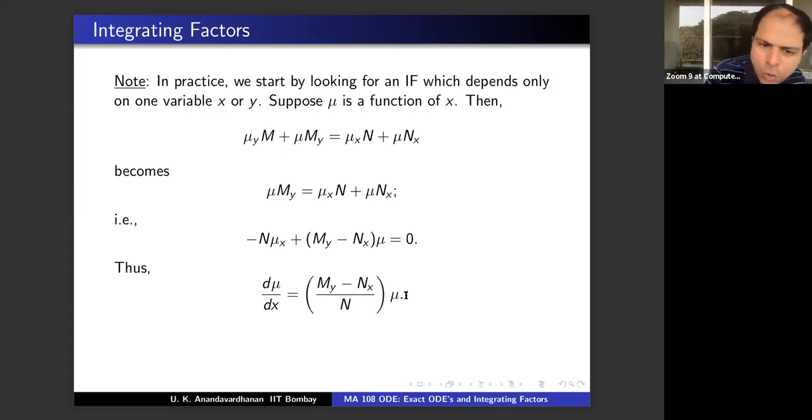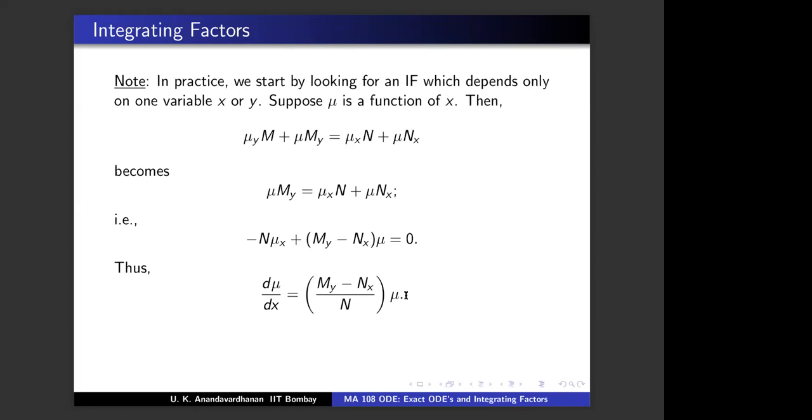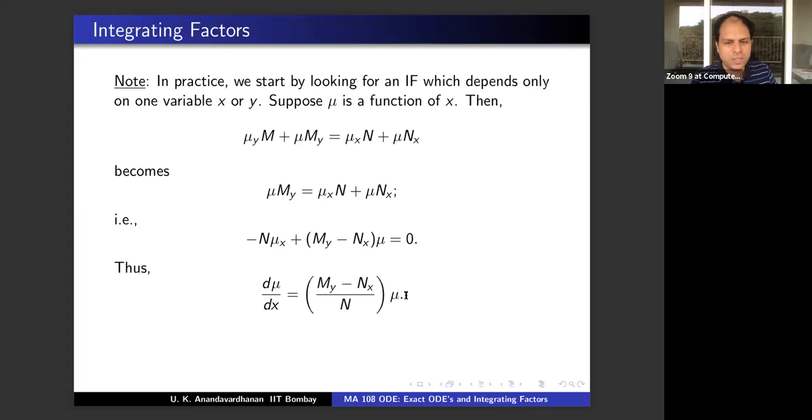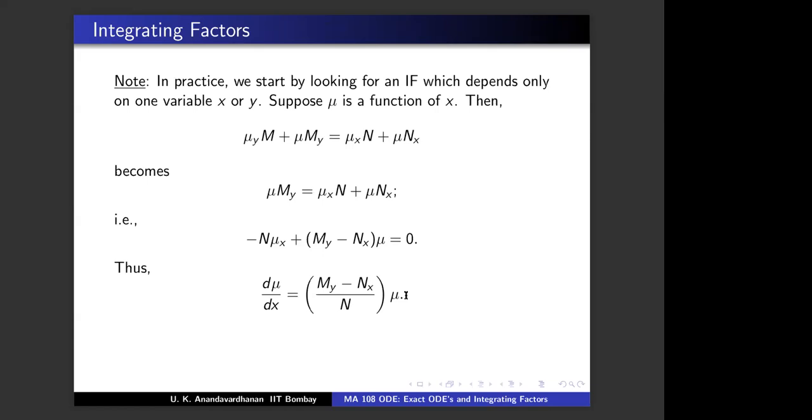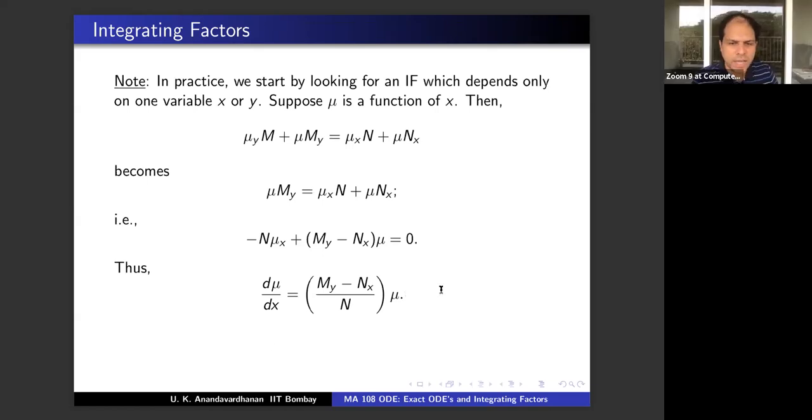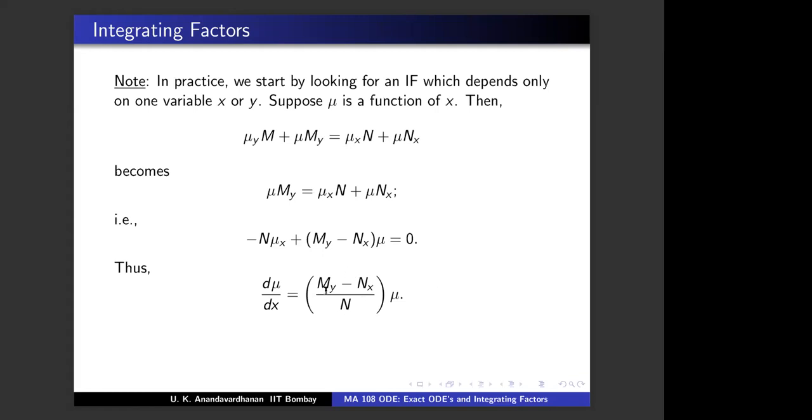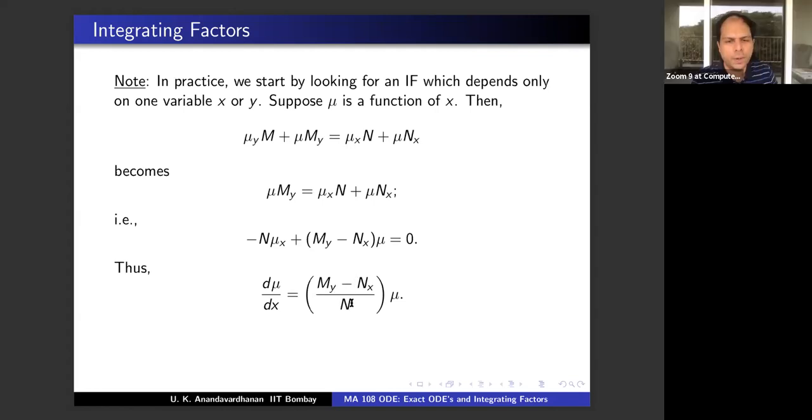And suppose you are really, really lucky. If you are really lucky, what will happen is this will become a separable equation. For this to become a separable equation, what should happen? We should send the mu to left side. Yeah, d mu by mu will be this times dx, but that doesn't make it separable. For it, this should be a function of x alone. There should be no y term. So that also is not guaranteed.